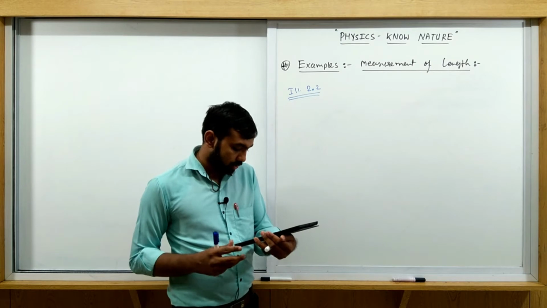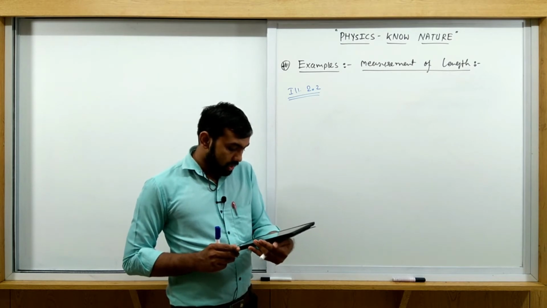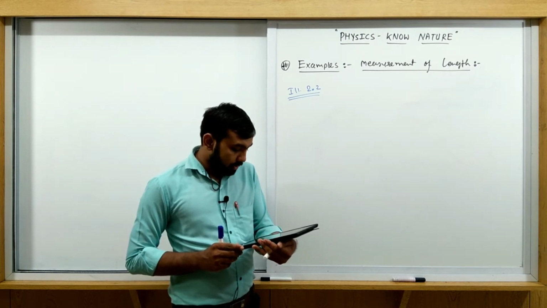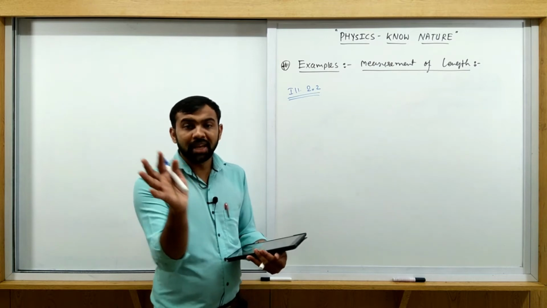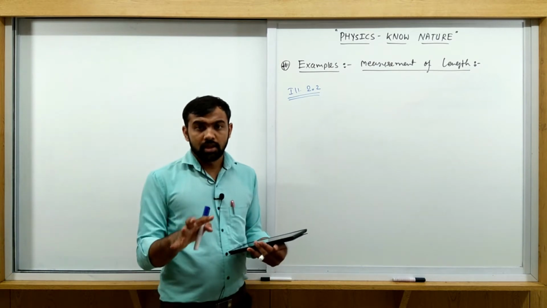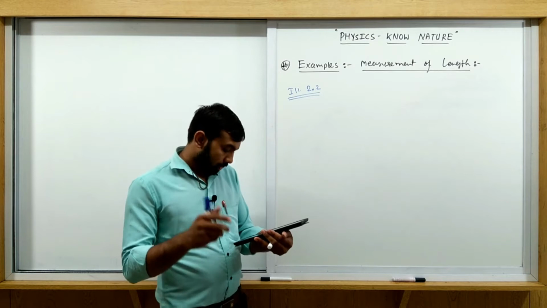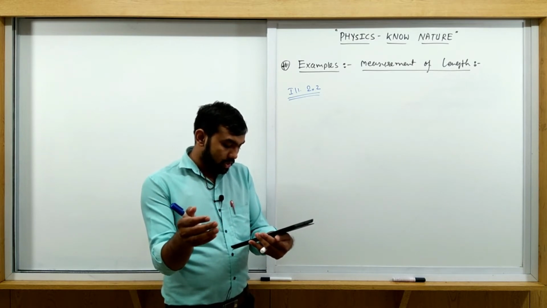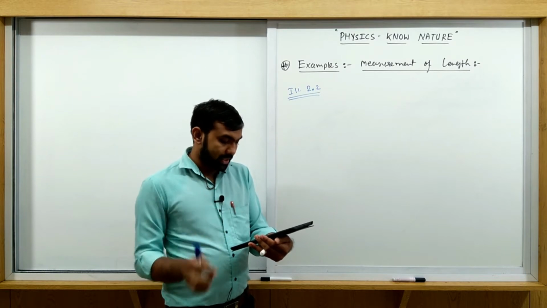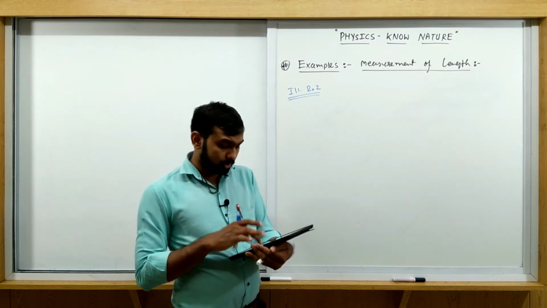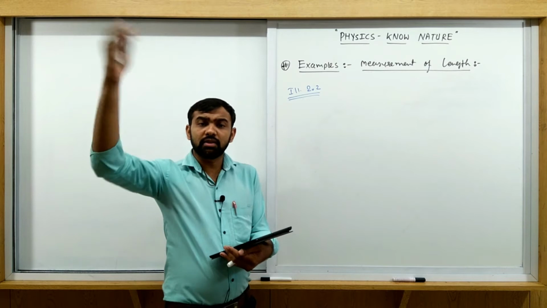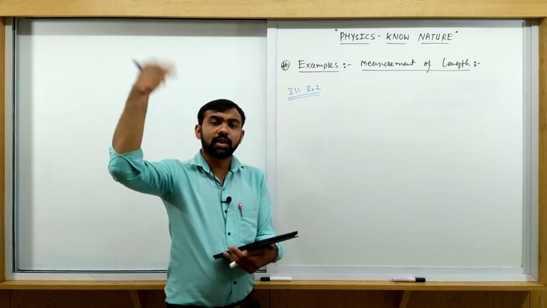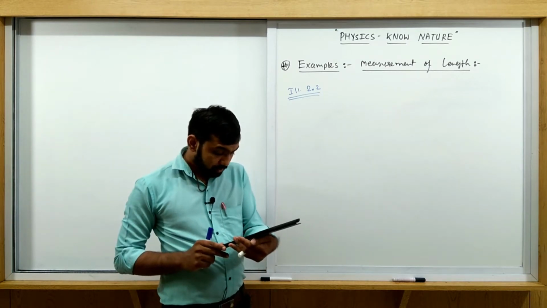So what does he do here? He stands at a point A in front of the tower C. So the man's position is considered A and the tower is C. And he spots a very distant object O on the line AC. Point O is at a very large distance.